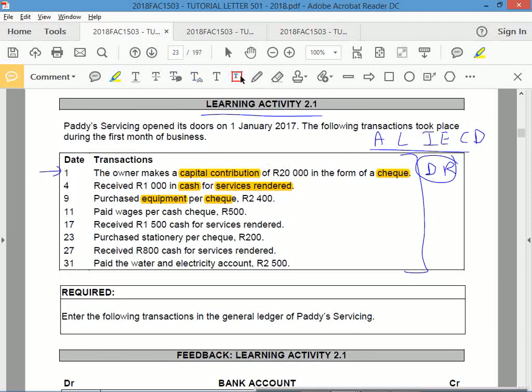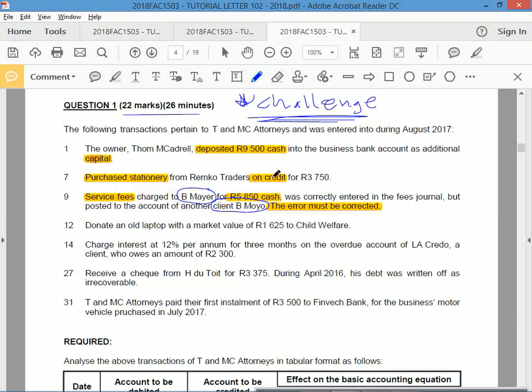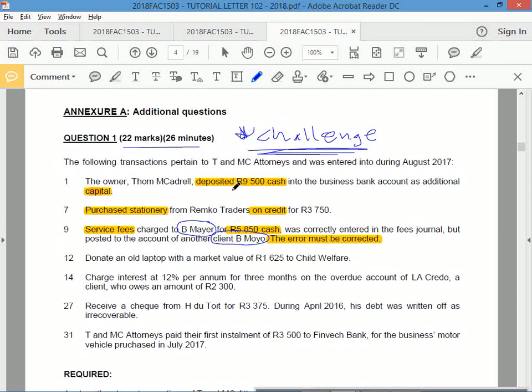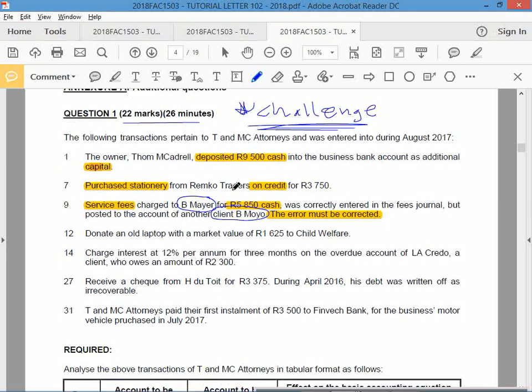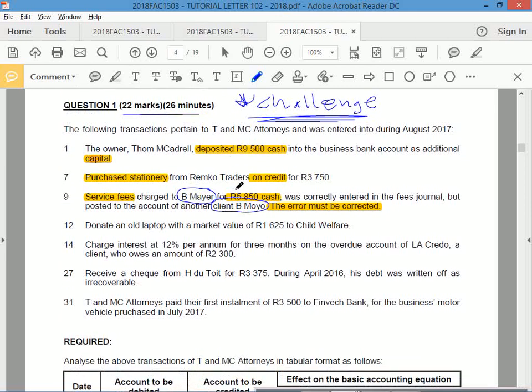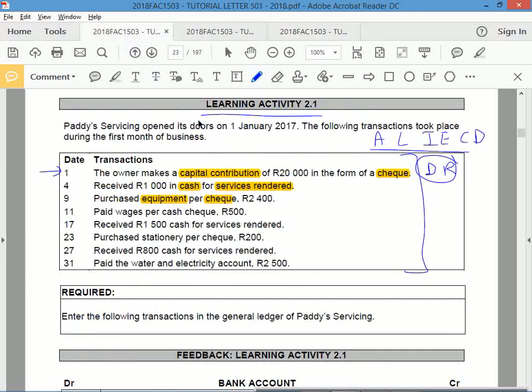Looking at how they've structured it, the learning activities are better to do because they're following the content that was covered previously. This is the first annexure, the first additional question, but this question is not just covering chapter 1. It's covering a lot of other things as well. So bear in mind this will require more content, so I'd rather you not do this, do these later. This would be like past papers, but this you guys can all do.